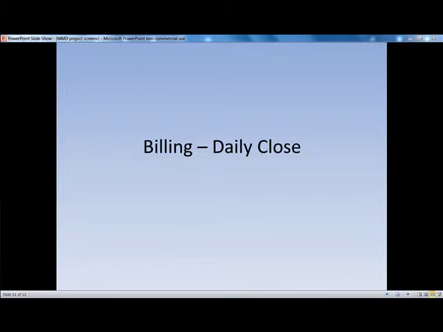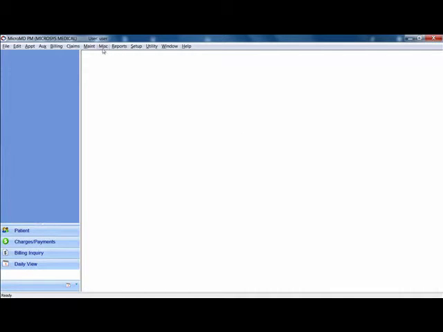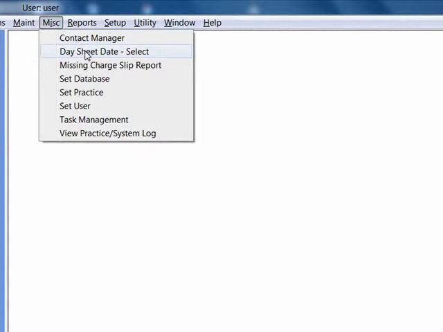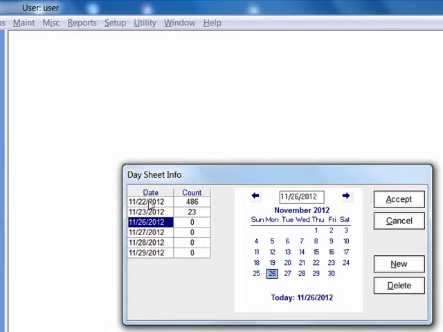Billing and daily close. Now that we've learned how to enter charges and payments, we need to know how to close each day and how to balance each day. Let's review the process of closing a day sheet. Closing a day sheet requires first that we use our miscellaneous and day sheet date select to choose the day